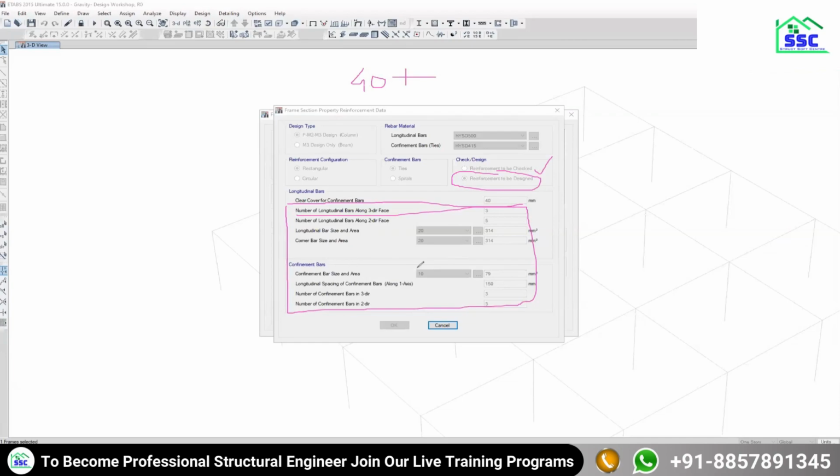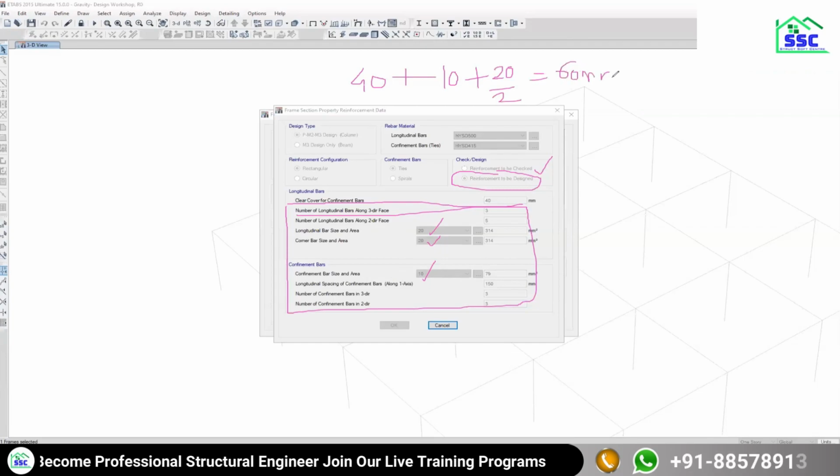then it will add the diameter of the confinement bar, 10, to it, which is taken from the definition. So here, if you give the bar dia say 20, 25, some odd figure, then your calculations will not match and they are not correct. This is the diameter of the confinement bar, that is stirrup, and this is the diameter of your longitudinal bar, which is 20. So then here it will be 20 divided by 2, and it comes out to be 60 mm. So if you are giving any random bar size and you expect ETABS to calculate the effective cover